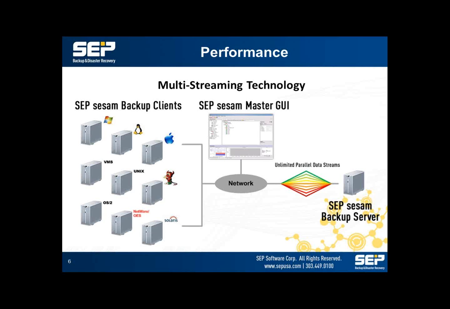And so we may have anywhere from 2 to 7 or 8 different streams running off of each one of these servers. So even though we're only backing up 9 servers, we could have 50 or 75 streams running all concurrently at the same time, and that's going to enable us to maximize whatever bandwidth we have to work with. So it's very common that we reach theoretical maximums on all of our backups.